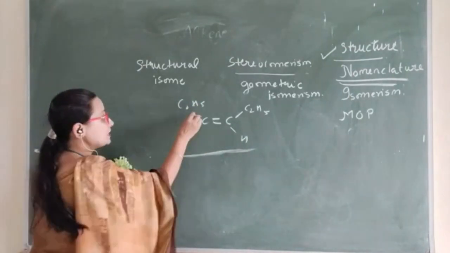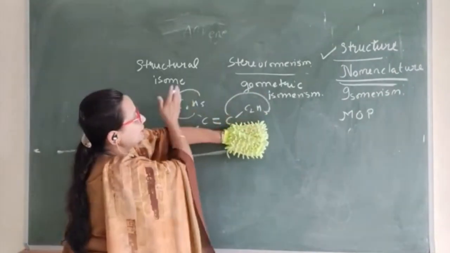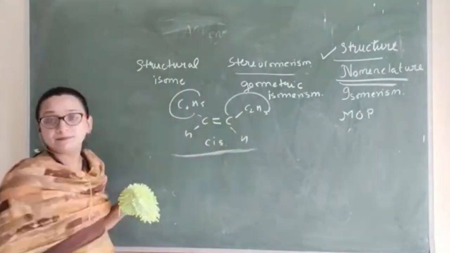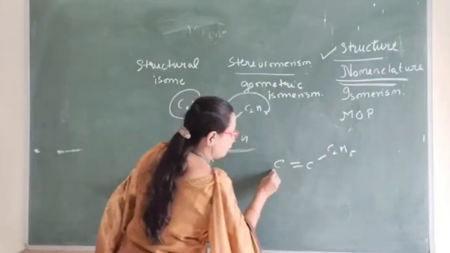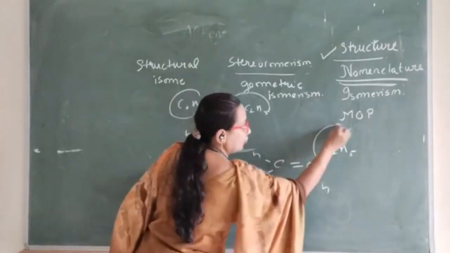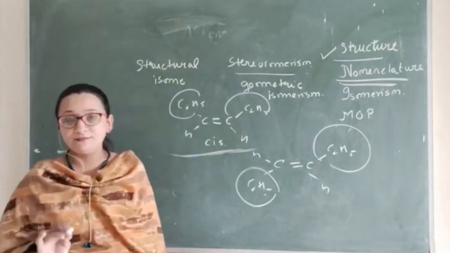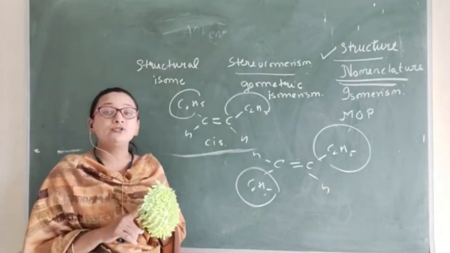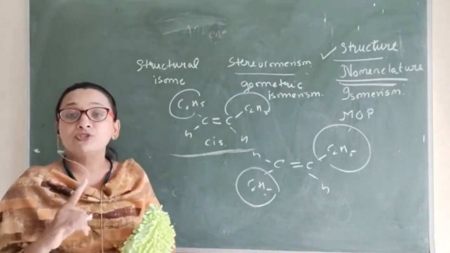See, if bulky groups are lying on the same side of the double bond, see this is the double bond, and bulky groups are lying on the same side, such a compound is referred to as cis. If the bulky groups are lying on the opposite side of the double bond, such a compound is referred to as trans. So alkenes show positional isomers, alkenes show chain isomerism, and it shows geometric isomerism, which is also called